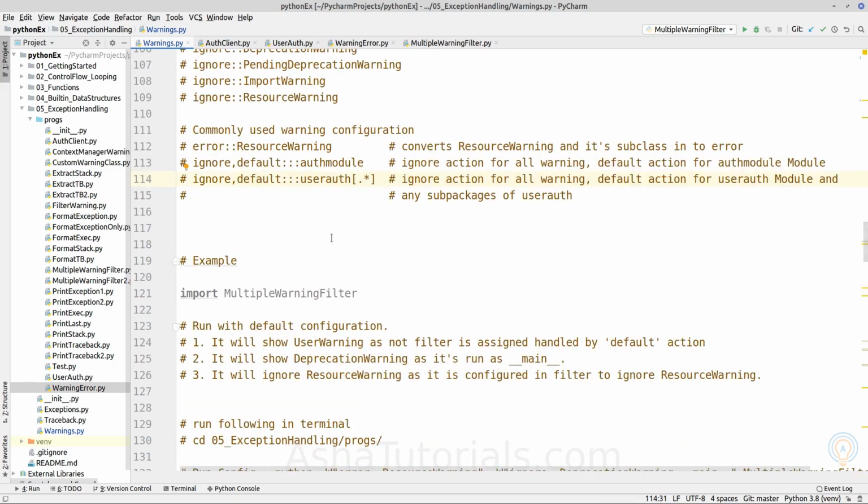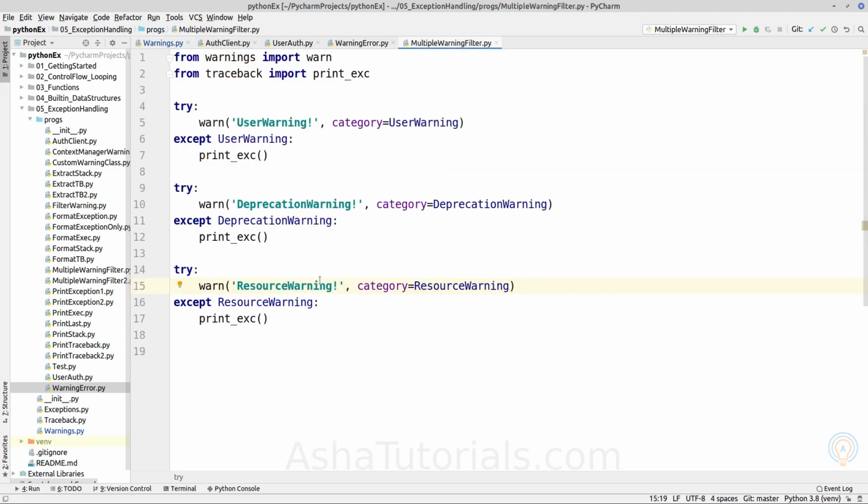So now let's jump into the example. Here the multiple warning filter file contains this code. First we will see the default behavior with the different categories of warning. Here we have wrapped the warning function inside try and except, so even if it raises an exception, it will not break the flow of the program.